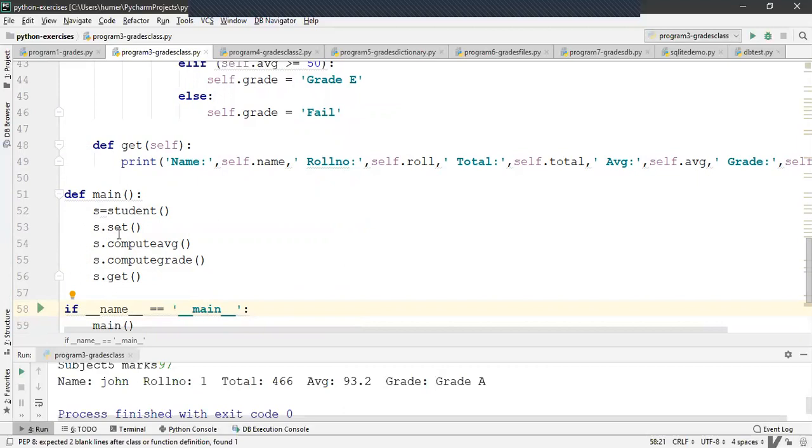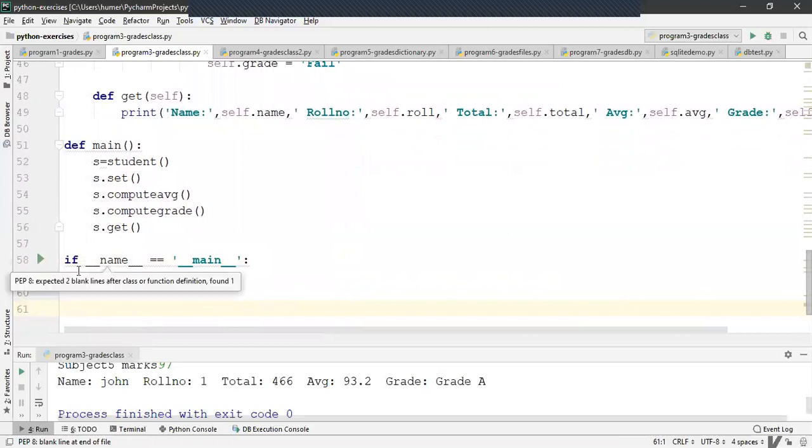So s dot set, s dot compute average, s dot compute grade, and s dot get. All the functions that have been defined in student class have been invoked here. And this if name equal to main, then you are calling main. When you call main function, it creates an object and calls all the functions defined in the class student. So this is the program.